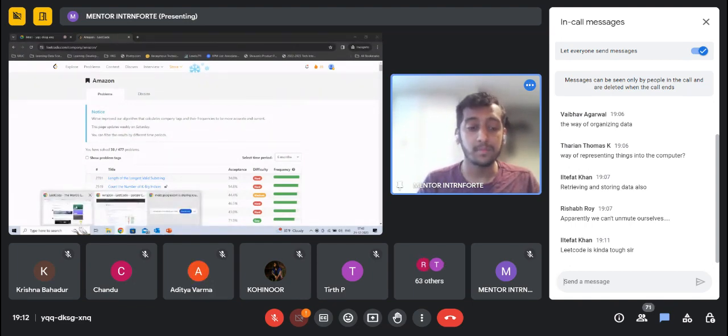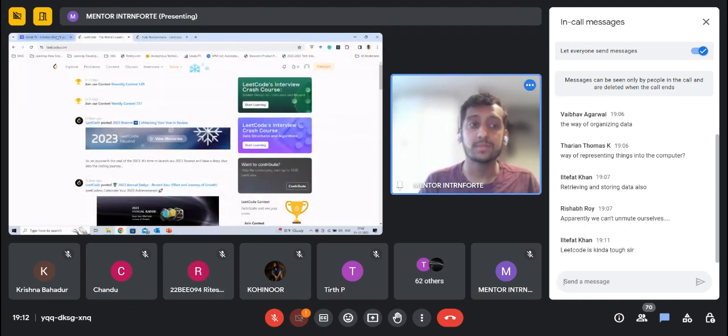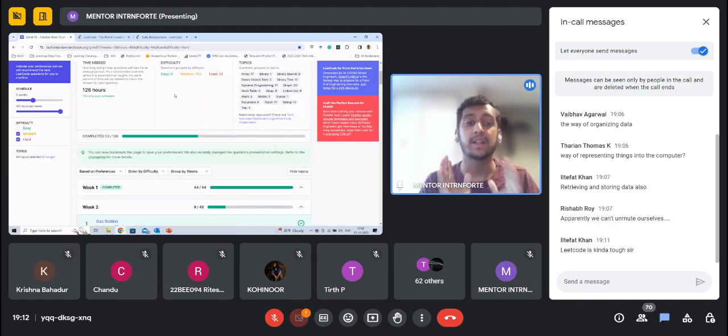Basically this particular website lets you create a training plan for solving LeetCode questions, right? If you're someone who already does LeetCode regularly, great, awesome, you're on the right track for technical interviews. But if you're new to this, don't worry about it, right? We can help you get started, and this website particularly can help you get started.